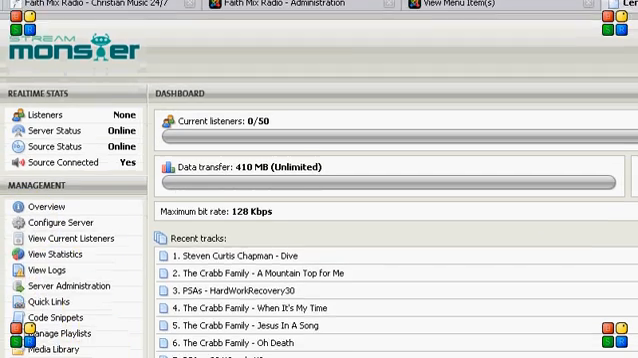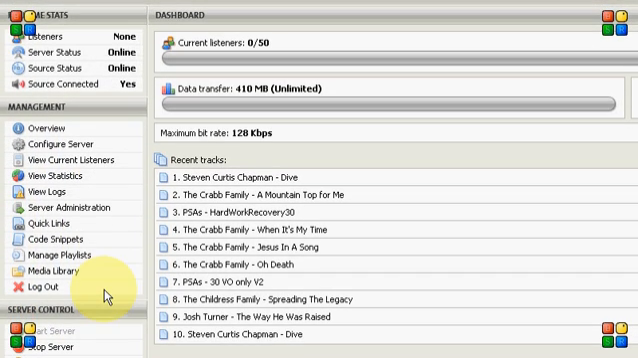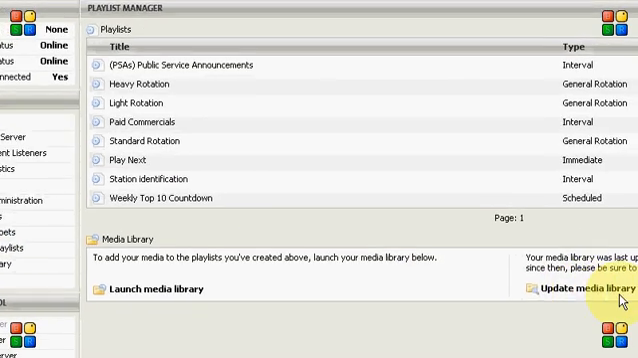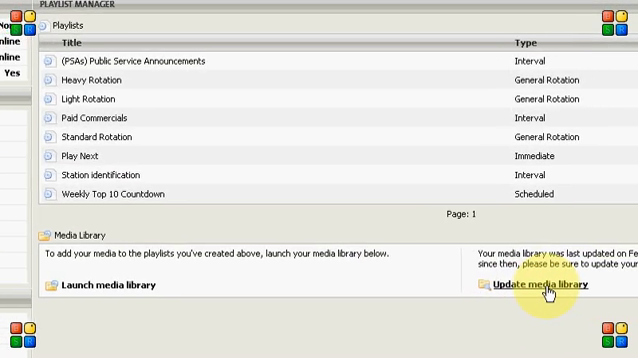And this is how we would set up, and it's streaming right now, by the way, so there's a lot of information here. But the way we would set up, say for example, if we just uploaded the crab family, we would basically go to manage playlists, or we could go to media library, either one. But basically what we do is click this link down here to the bottom right that says update the